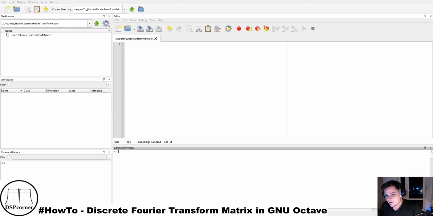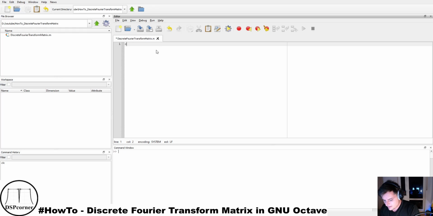signal. In general, when we want to calculate the discrete Fourier transform using a computer or FPGA or what else, we use the FFT, the Fast Fourier Transform. They are doing the same, but with different complexity. The FFT, the Fast Fourier Transform, is a very efficient way of calculating the discrete Fourier transform. But today I want to show you how you can create the DFT using matrix notation. So let's directly head over to our workspace and create this discrete Fourier transform matrix and demonstrate it with a